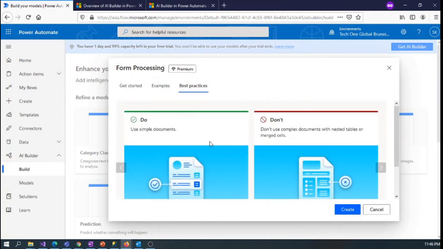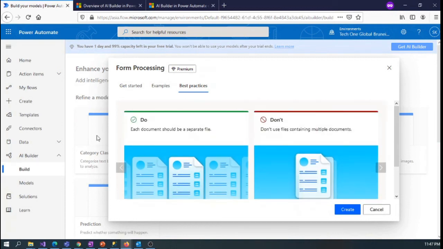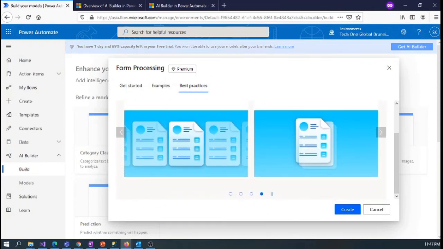For this form processing model, we have to use simple documents. We cannot use complex documents with nested tables and merged cells. And finally, another guideline for form processing is that each document should be a separate file. We cannot use files containing multiple documents.